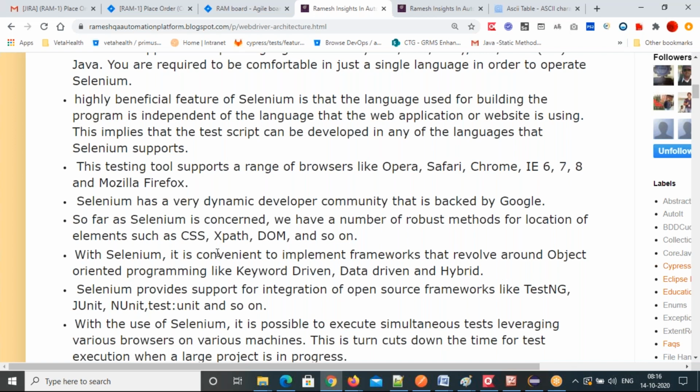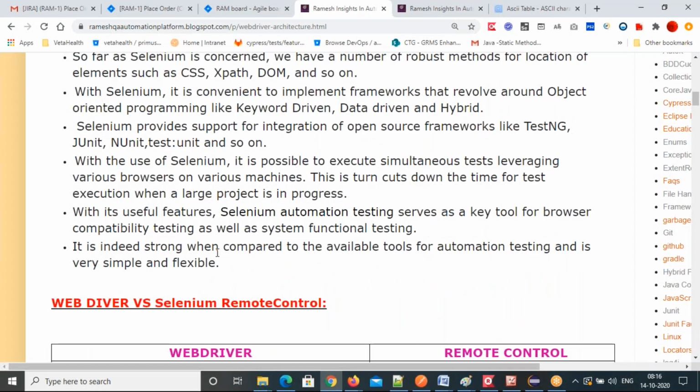So these are all the advantages, and also you can perform browser compatibility testing with this Selenium tool. That's why Selenium is great nowadays, why it is very popular, because all these features make Selenium very powerful.